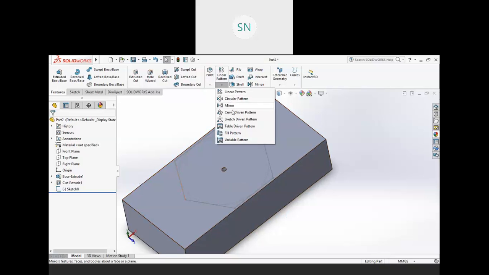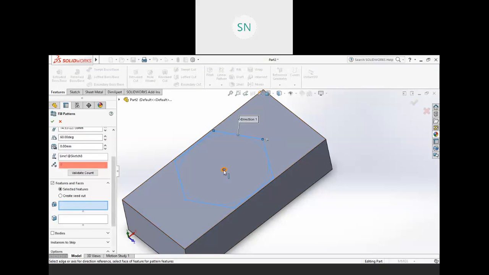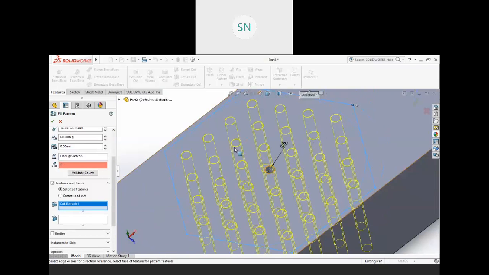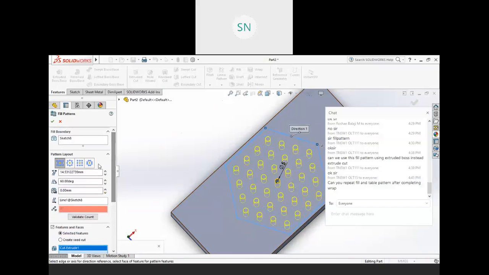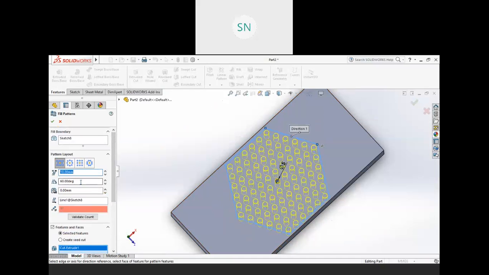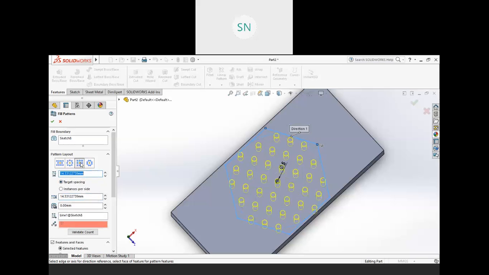Then just go to the fill pattern, select your boundary over here, and select your feature over here. It will automatically arrange itself. Then spacing and all that you can change from here. Say I want to change the spacing to 10 mm, angle also. Then these are the other patterns we have, right? So this value is in your scope, you can change it, right?